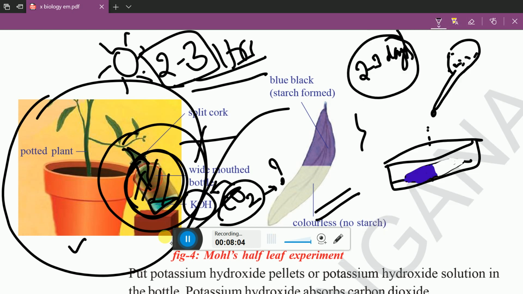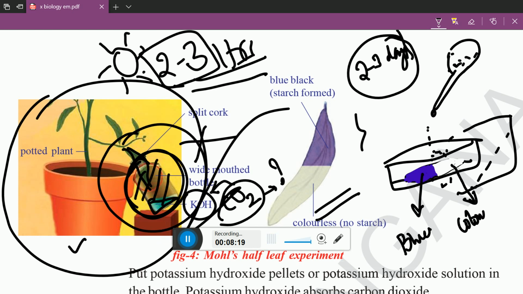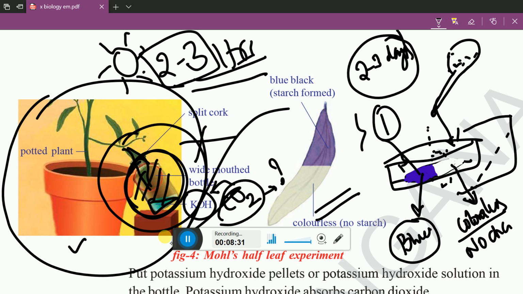So here, if we indicate this is the bottle, this part will turn purple or navy blue, and this part will be colorless, with no change when we add the drop of iodine solution. But we can see this in the first part. If we consider this the first part and this the second part, then we can see that this region will turn purple. Why? This region is exposed to sunlight